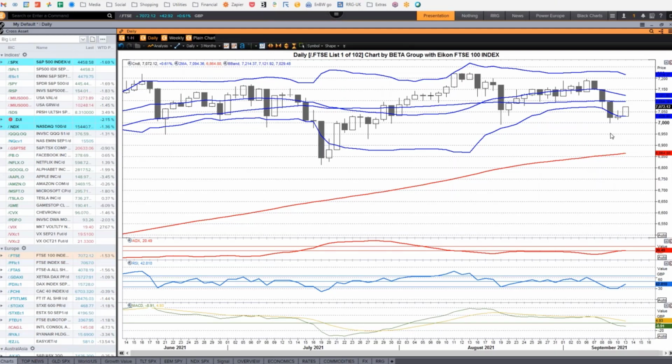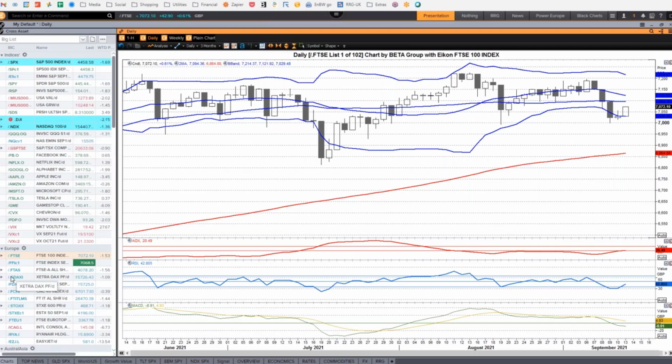That's a big psychological number giving way. Then we'll be testing the 6,810 area here, break of that, very, very bearish. And I can see all those things being tested, and it's going to be very difficult for it to move